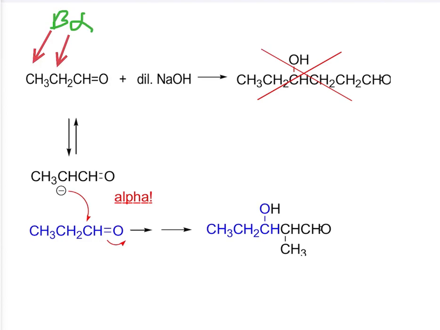It is clear that the alpha carbon is adjacent to the carbonyl carbon, whereas the beta carbon is away from the carbonyl carbon. The carbon attached to the carbonyl contains an acidic proton which can easily be abstracted by the base to produce an enolate. So if you produce an enolate at the beta carbon, then you can end up with a wrong product. As you can see in this example,